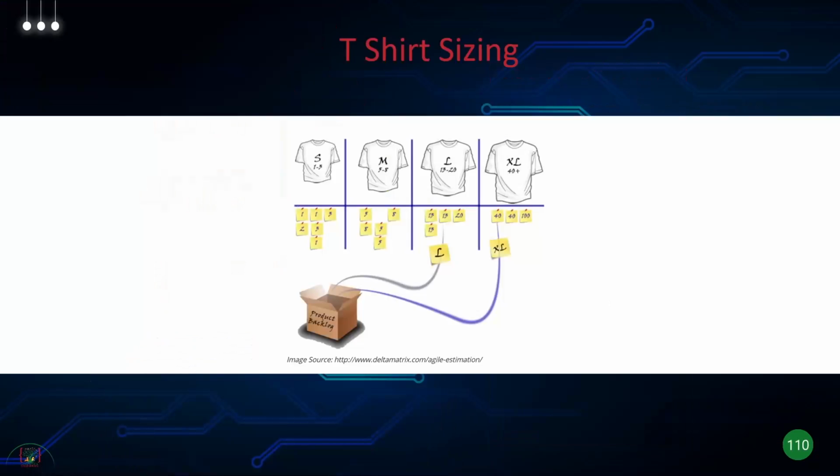Good. T-shirt sizing, pretty much the same concept. You use the Fibonacci numbers and you can mark your story as small, medium, large, extra large. You can even have an extra small here. So if your story, let's say, is between 1 and 3 story points, you think it's not too big, it's not too complex, it's a small story. If you think it's medium complexity, there are medium tasks involved, testing, it's a medium story. Large, it's very complex, a lot of coding, a lot of testing, a lot of complexity. And extra large, it's really big. Try to break it up into smaller user stories and try to fit it into a small, medium, or large. So this is T-shirt sizing.